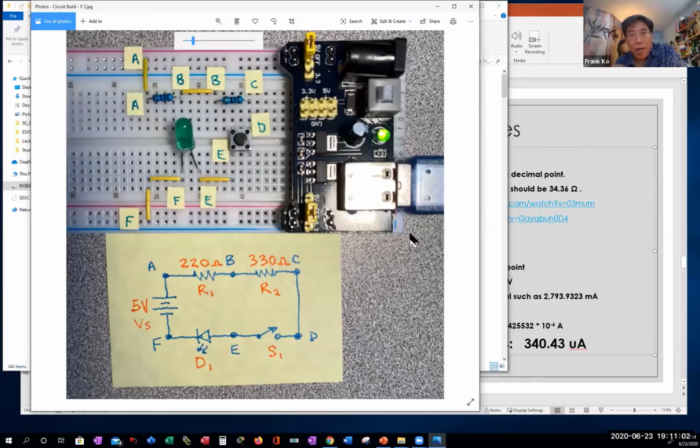Cool. So as you're looking at the circuit, you're going to be introduced this week to series circuits. We're putting components together, not just single resistors. We're putting multiple resistors together. And in this circuit, I've got two resistors, an R1 and an R2, and I've got very specific connection points in between them labeled as A, B, C, D, E, F. There's a switch in here, there's an LED in here, there's going to be a 5-volt source in here. And if we take a look at how it's laid out for you,